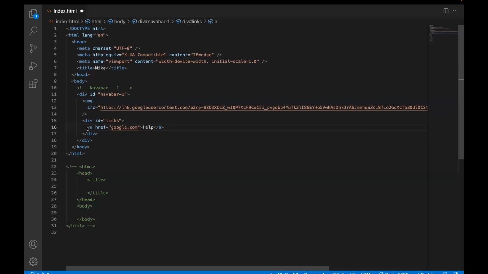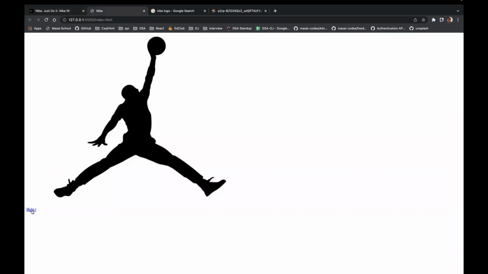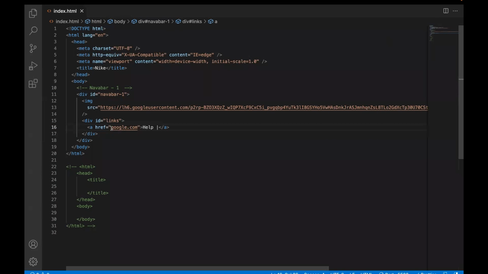So basically, suppose there's an anchor tag. This is not the only URL; you can copy paste any URL from Google. Suppose there is an anchor tag with a text called help there. If I save it and you go there, did you see a link here? Help. There's a link called help, and if you click on it, it cannot get google.com